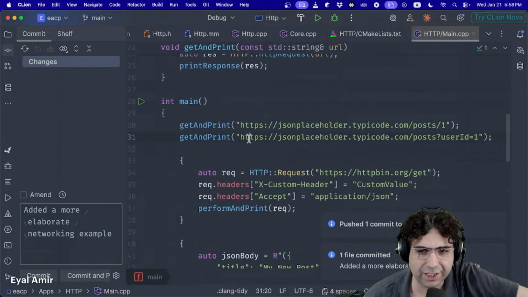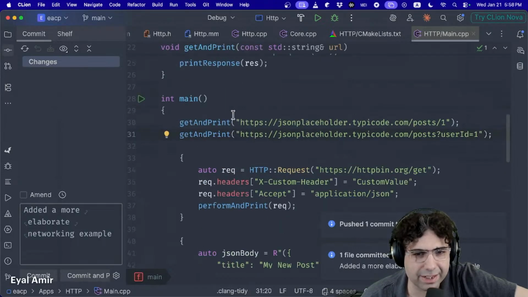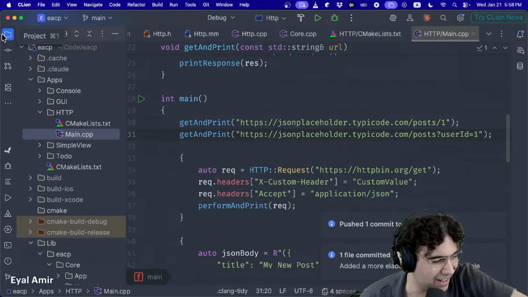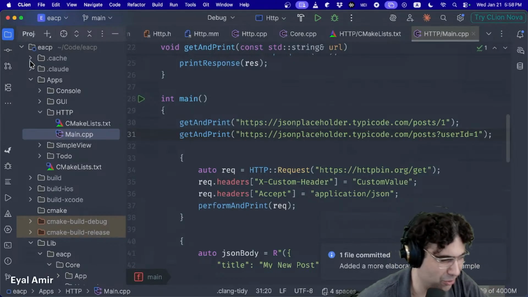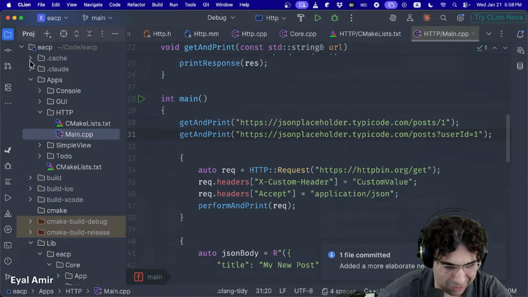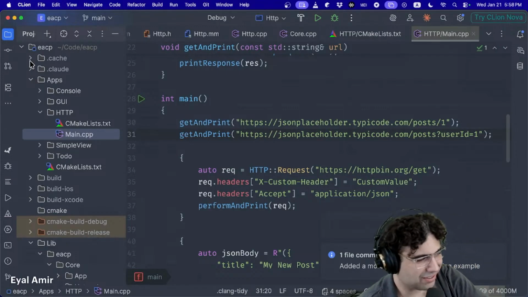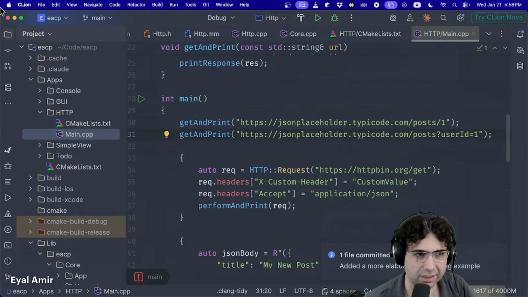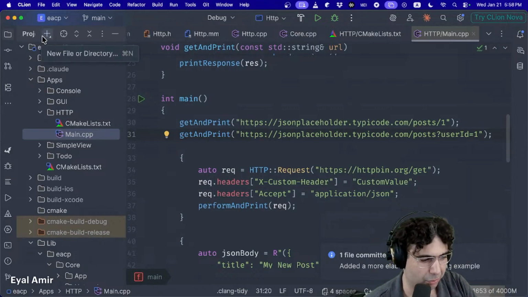Now, there is something about JSON here that I've been thinking about. I can bring in a JSON library very, very quickly, but I was kind of wondering, can Claude write a good JSON library, or at least give me the framework of one? This is going to be an interesting experiment. Let's see what this is going to do. I'm actually interested. Let's do this kind of outside the scope of this